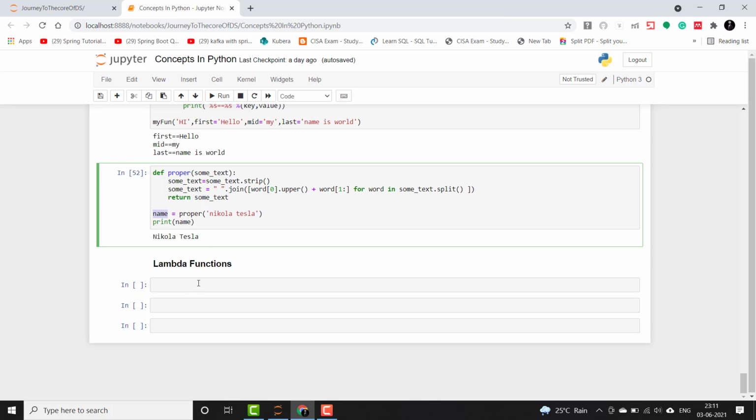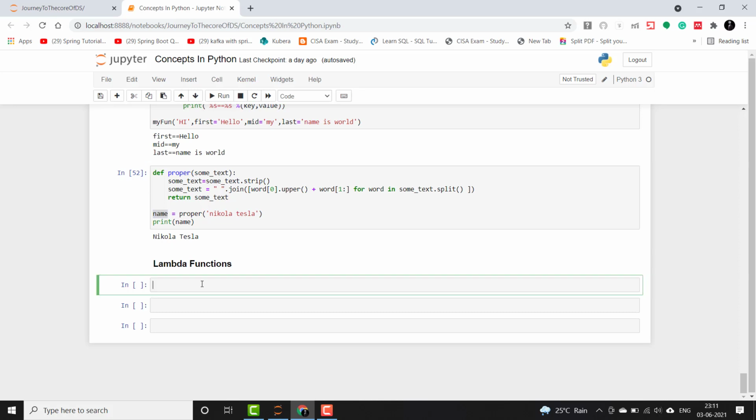We already have a split function in string, so we just need to use that and create a lambda function. I'll say string to list, and I will say lambda x colon x dot split. Here, after lambda, the first argument is the input, and after the colon is the output that it gives. So we can use this just like any other function. Let's use it and see how it behaves.